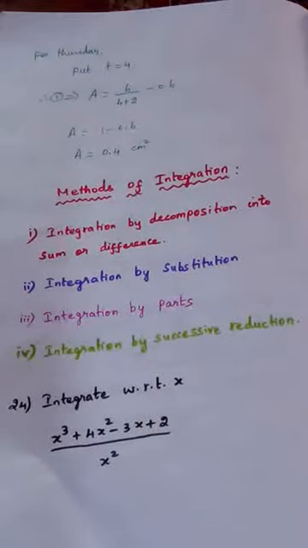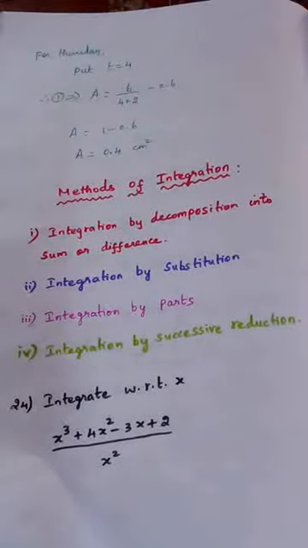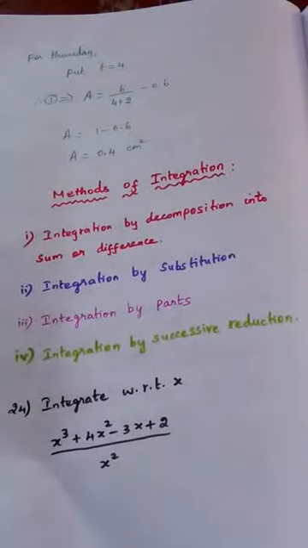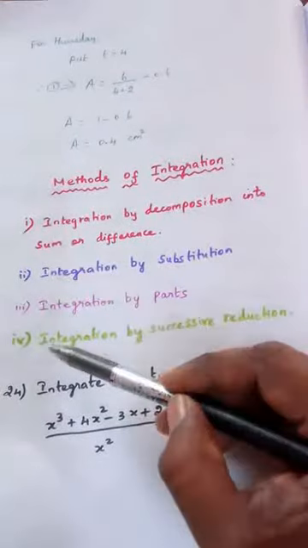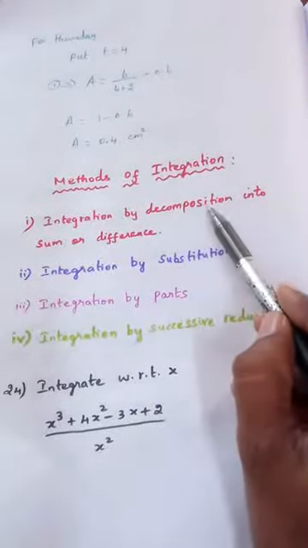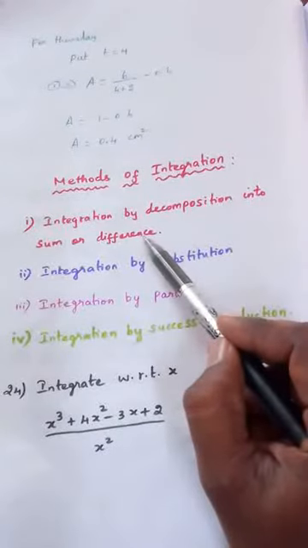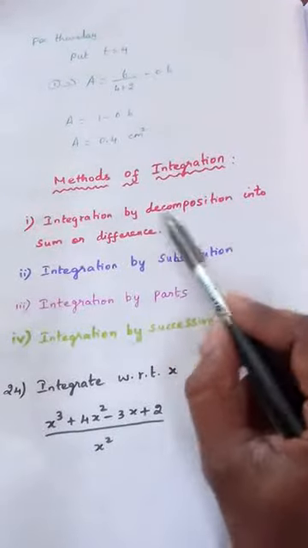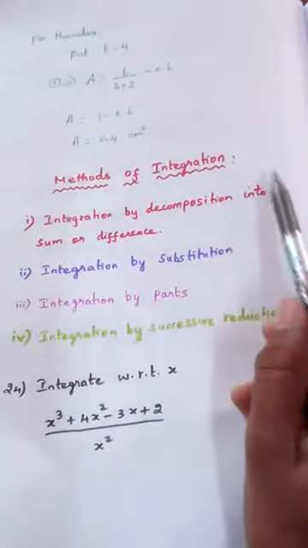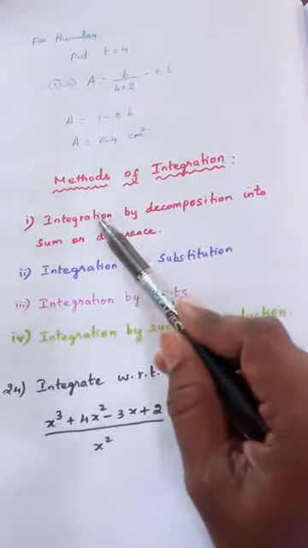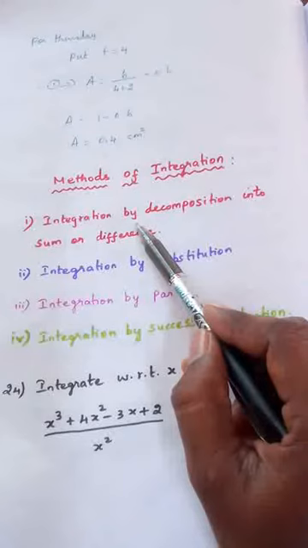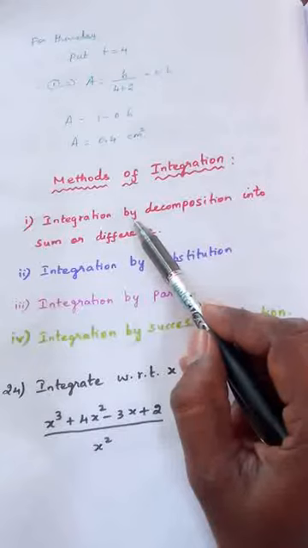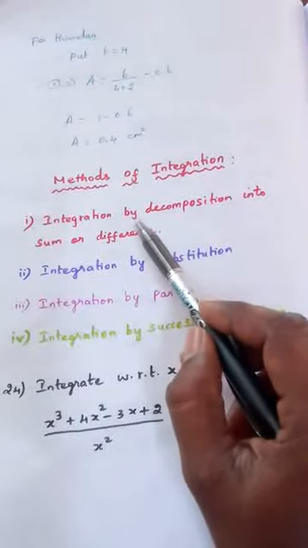Actually we did many problems in integration so far. Now we are going to discuss what are the methods available in doing integration problems. What we are going to see, 4 types. One is integration by decomposition into sum or difference. This already we have done, because we know when 3 terms are given we can split that into 3 integrals. This is also telling the same thing, integration by decomposition into sum or difference. We can write the given expression in terms of addition and subtraction, then we can split the integration. That is the first type.